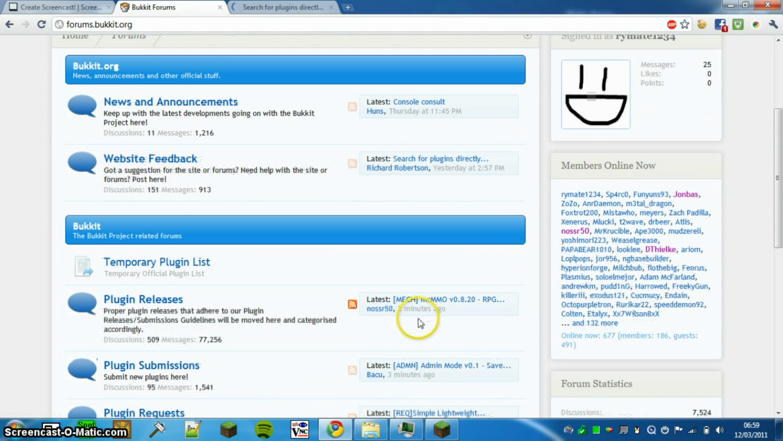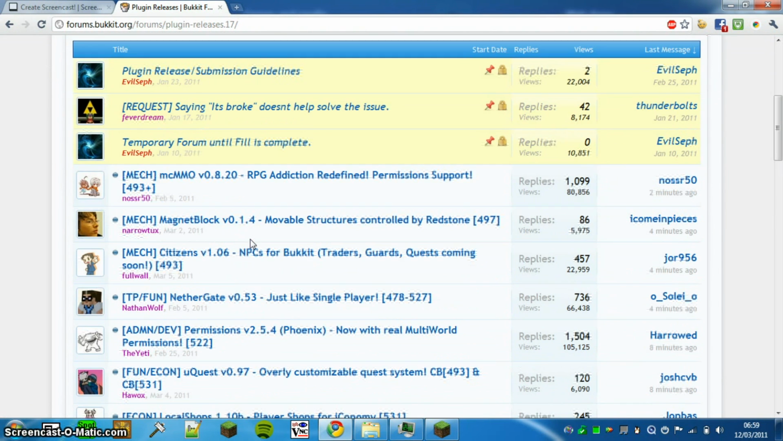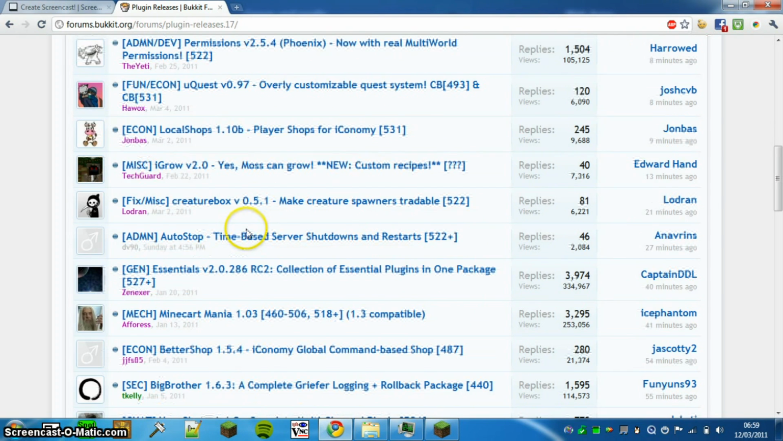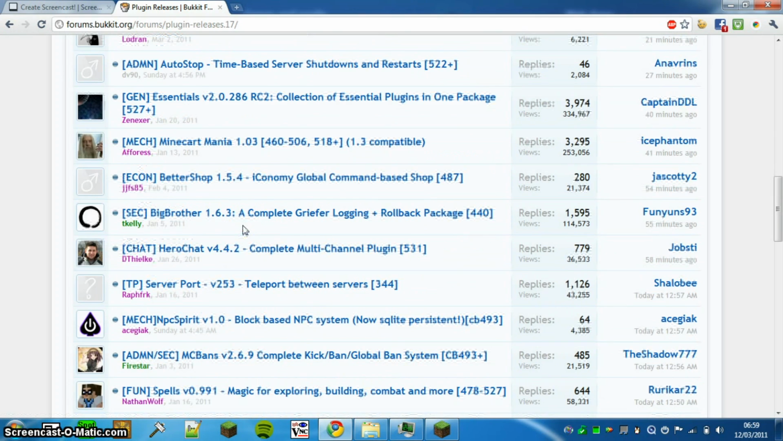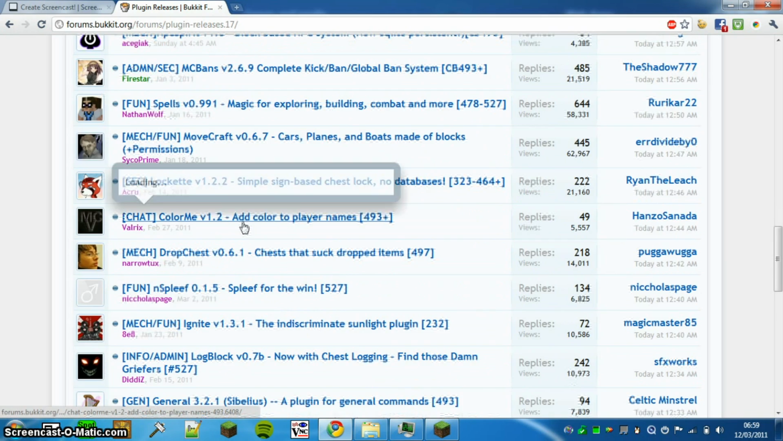Now you go to plugin releases, and then you browse the forums. We're looking for a plugin called Essentials. Without this plugin, Bukkit is basically the vanilla server with plugin support. So it looks like the Bukkit